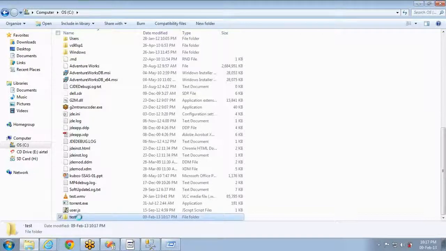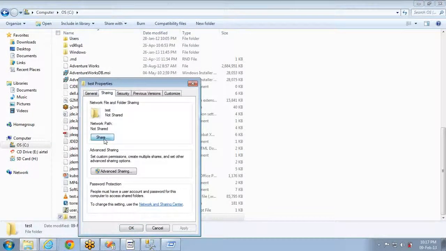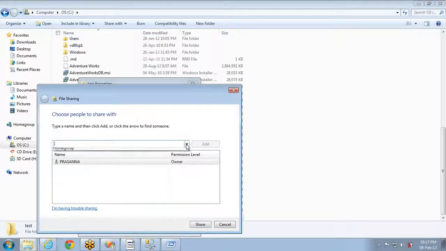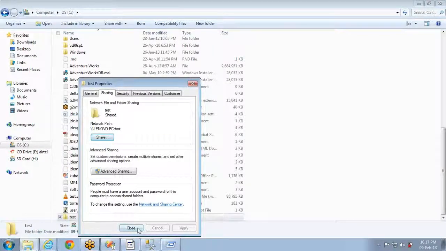Here I have to give the sharing permissions for others to share the data from here. In the sharing, I'm selecting the share option and giving permissions to everyone so that everyone can write the data into it. Done. So this is a shared one.